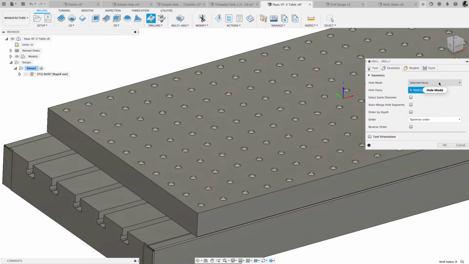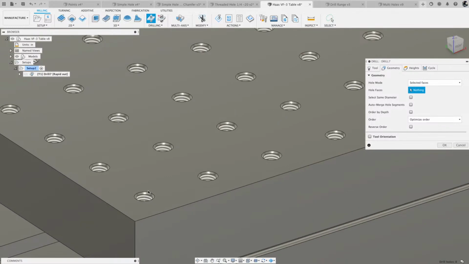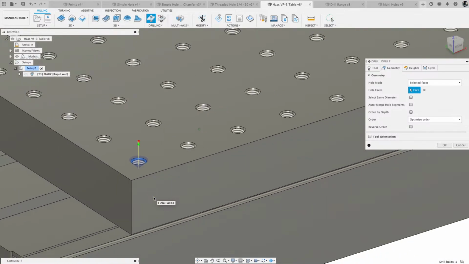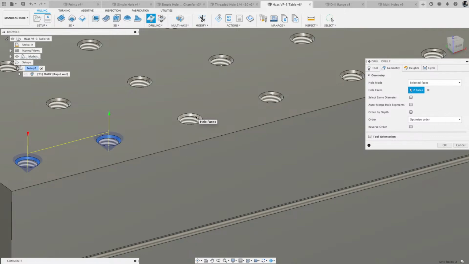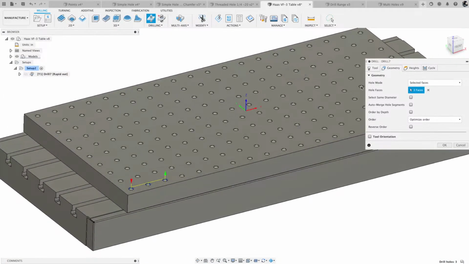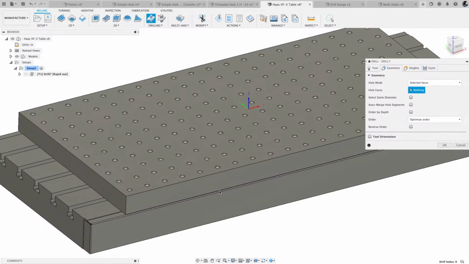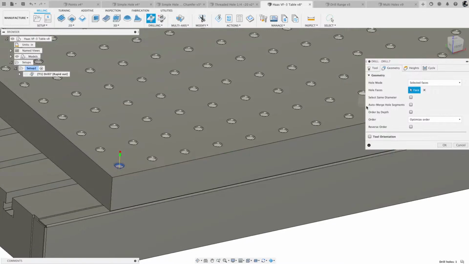I'm going to keep it selected faces. And I'm going to grab this face. And now look at this. I have to grab this face. And if I have all those faces, that would be really painful. So I'm going to deselect it, come back to this, grab that face, and then look at this next checkbox here,